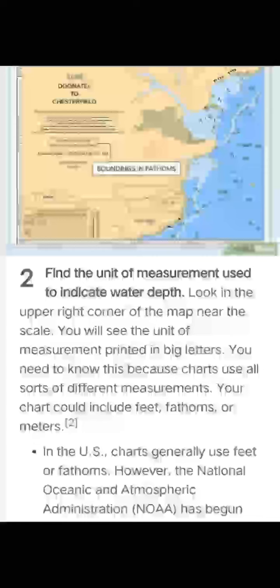2. Find the unit of measure used to indicate water depth. Look in the upper right corner of the map. Near the scale, you will see the unit of measurement printed in bigger letters. You need to know this because charts use all sorts of different measures. Your chart could include feet, fathoms, or meters. In the US, charts generally use feet or fathoms. However, the National Oceanic and Atmospheric Administration, NOAA, has begun